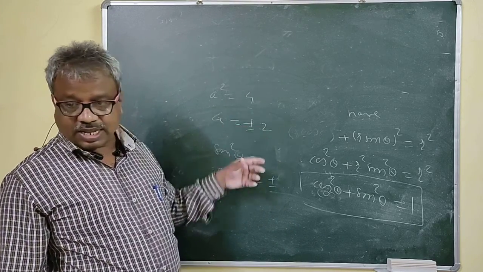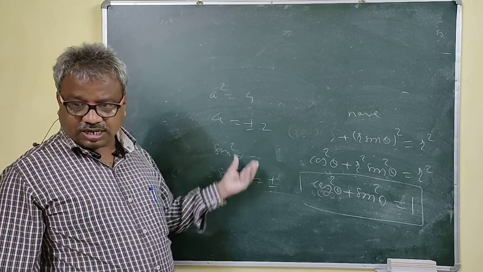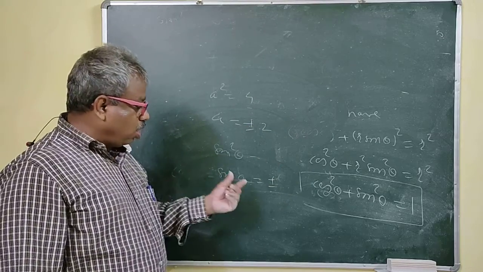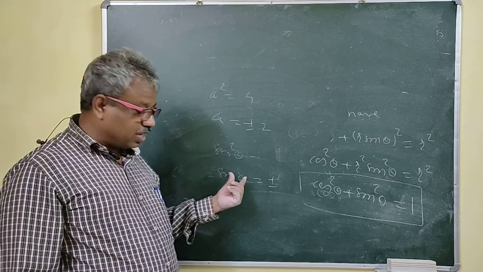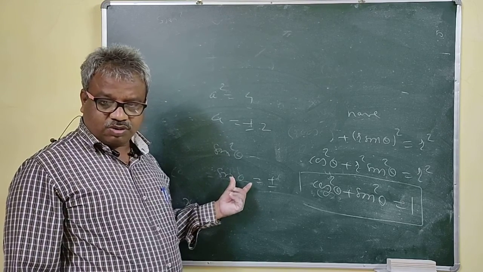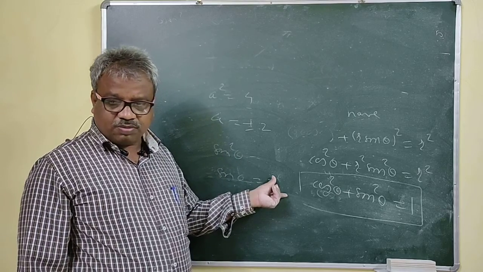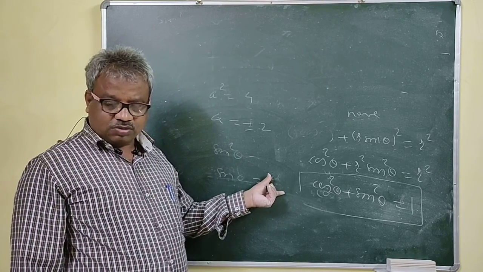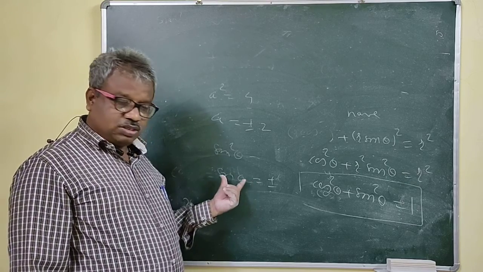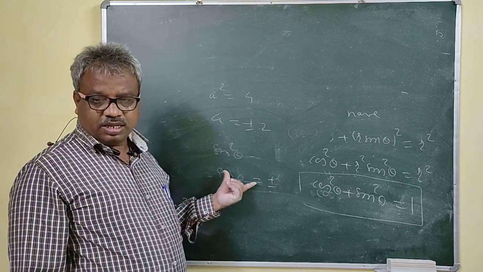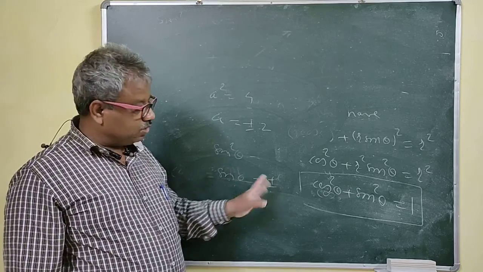Therefore we have studied that theta lies in the first quadrant, and how to determine the angle in the quadrant, that we have seen. With the help of that, if the position of theta is given to you, then you can take the exact value of this one, either plus or minus. So for that you should know the position of the angle theta, right? Then you can take the value of this one.